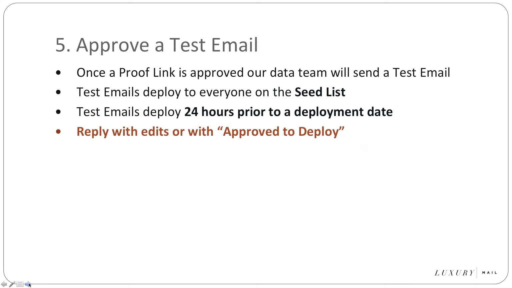So after we get an approval for the proof link, we'll send out a test email. This is a great way for your client to see exactly what it's going to look like in their inbox, and then we can go back, do any changes that they feel are necessary, and once that is ready to go, you would reply with approved to deploy, and we'll greenlight the campaign in our system to deploy at its